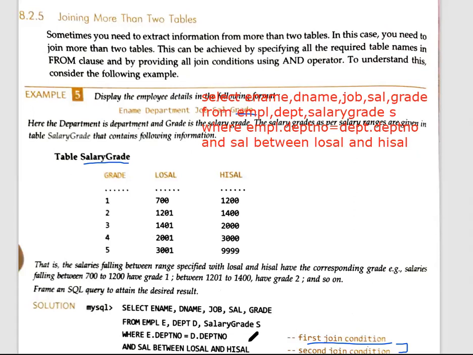If not, then go through page number 402 and tomorrow let me know whatever problems you are facing, because this is a completely new topic for you. And joining you have not done previously. So do practice all these and then we will continue tomorrow. Any doubt you can ask, so that at least you will understand how we can combine two or more tables. Okay, then we will continue tomorrow.